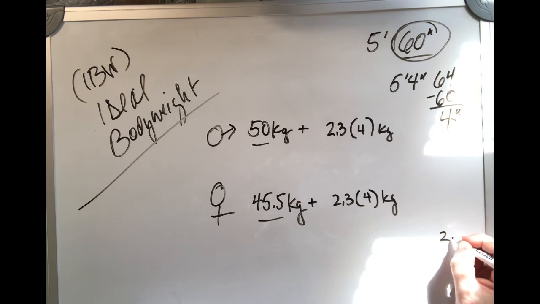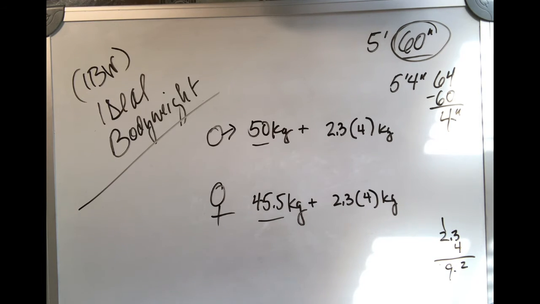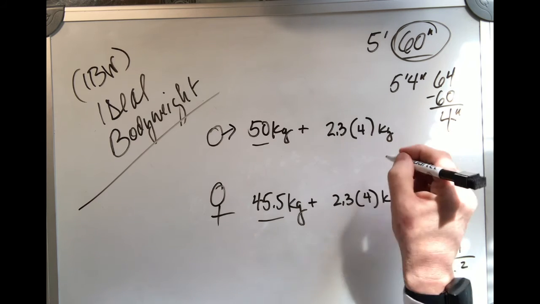So 2.3 times 4 gives me 9.2 kilos. What I want to do is add 9.2 kilos